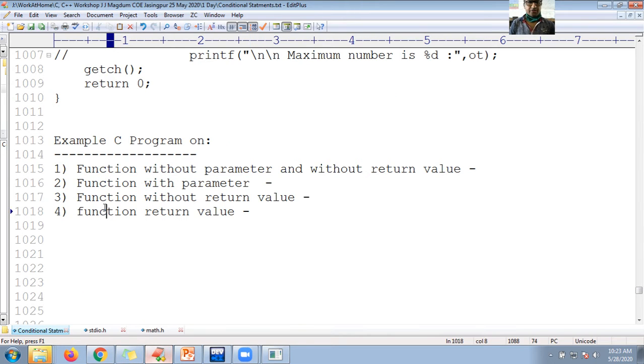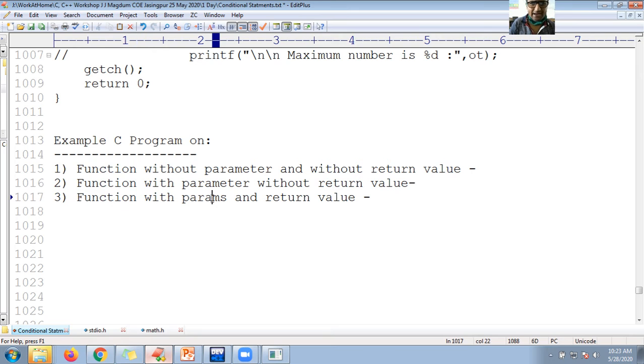Okay, guys. So now let me go for function with parameter and without return value. Now I want to go for function with params and return value also.